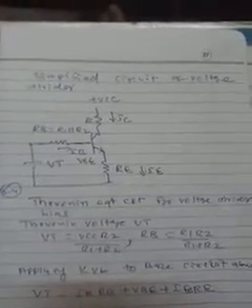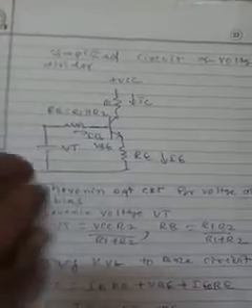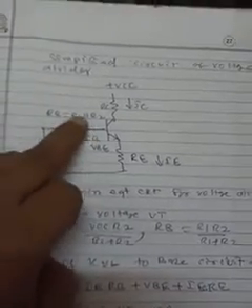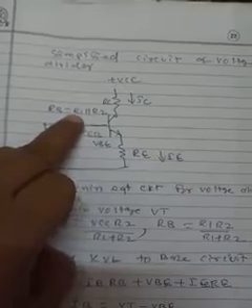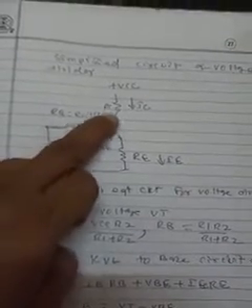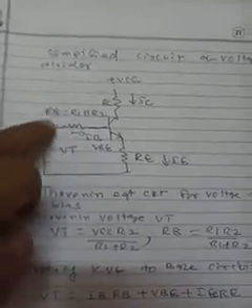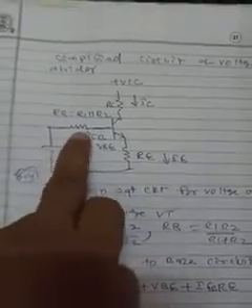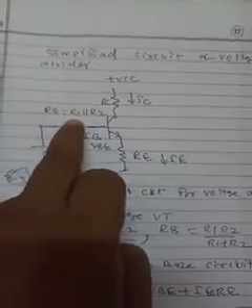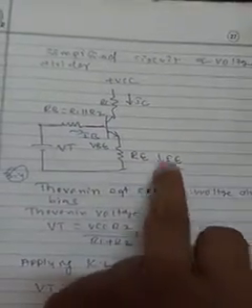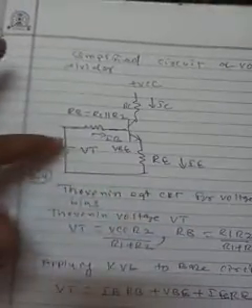What we've seen here is the voltage divider. So this is the simplified circuit of the voltage divider. Instead of R1 and R2, which are in parallel, R1 parallel with R2 is nothing but RB. Instead of using R1 and R2, we are connecting the equivalent RB here. Here you can see this is RB, which is equal to R1 parallel to R2. Again we have the IC here, then IE, then VBE in the circuit.